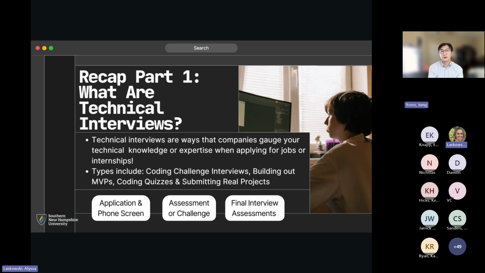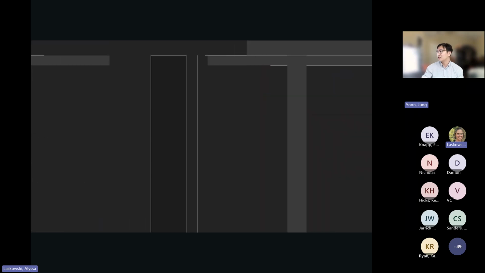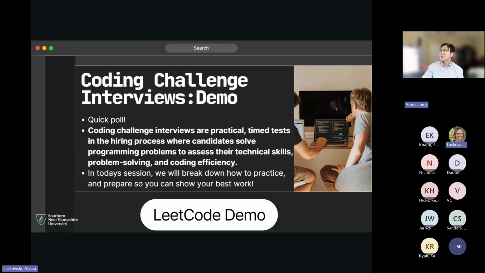And in this particular one, we're looking to explore more on the first portion you see on the second bullet point, which is the coding challenge interviews. So I want to take a quick poll, and Alyssa's going to help me out here a little bit. Out of curiosity, how many of you have actually submitted your resume and tried out a coding interview in real time? Has anybody had a chance to do that yet?